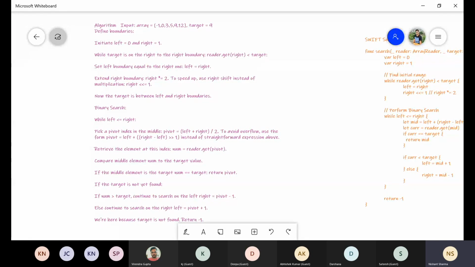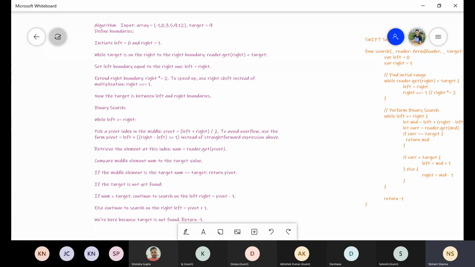If the target value is greater than the right value, it means we cannot find the element on the left side, so we need to redefine the boundaries again. To redefine the boundaries, we multiply our high or right by 2. Every time we multiply by 2, we are increasing by double only, so every time the size is doubling. That is the logic for the logarithmic iteration, where we can reiterate the boundaries again and again to find the solution set. Then in the solution set, we can search for the results. So that's the logic.